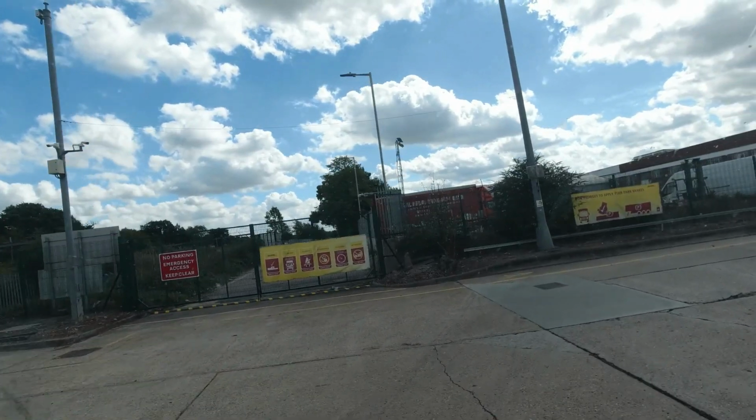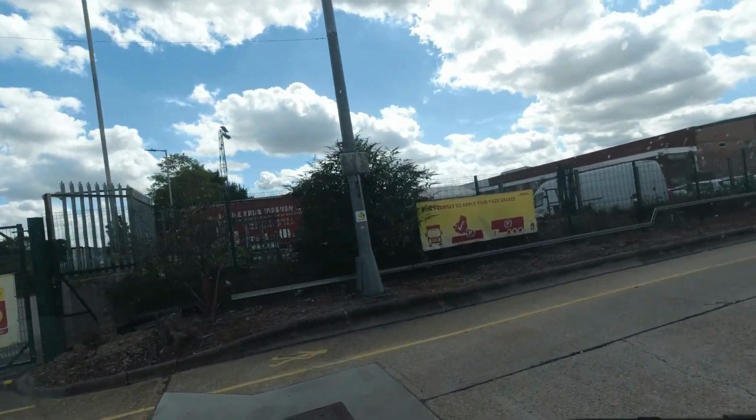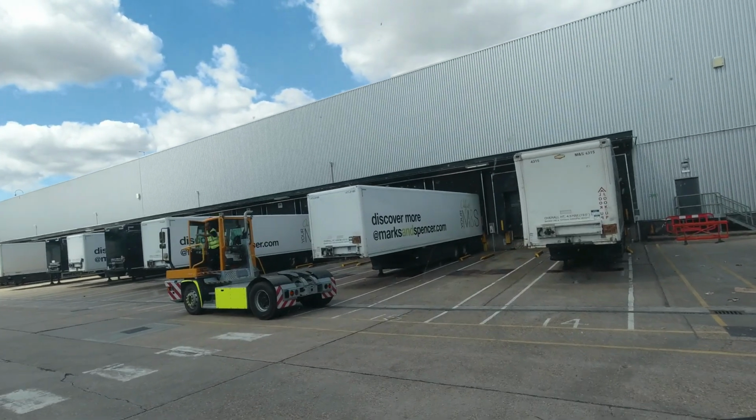Right, you see that gate up ahead, the one that says no parking, emergency access, keep clear. That's where Waze is trying to take me. And I only know this because I've been here once before. That gate is padlocked, doesn't open. So yeah, emergency access. I was sitting there going, bye to the fork truck driver, how do I get in here? Fortunately, forewarned is forearmed,